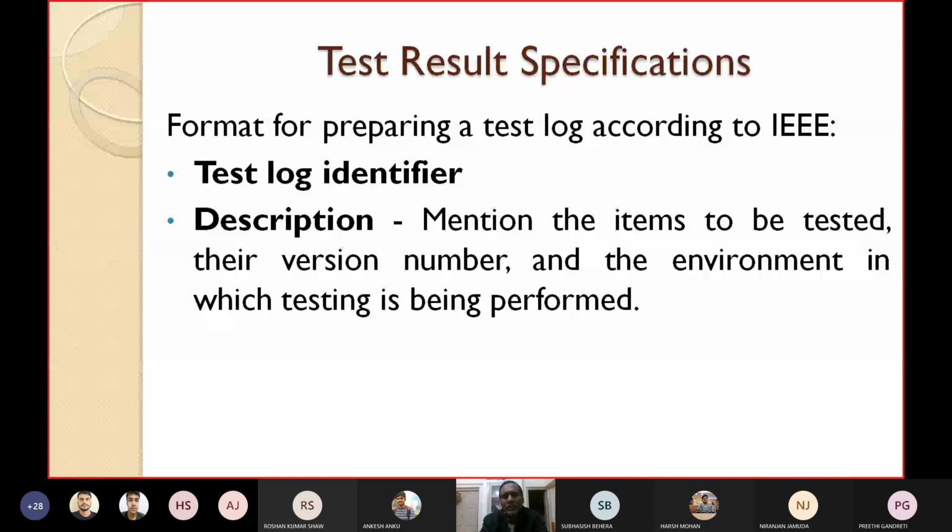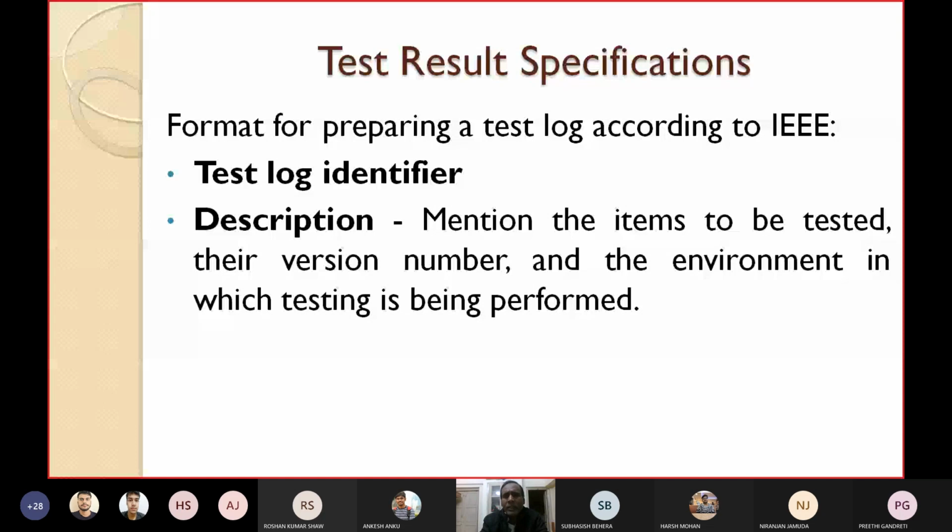Then as the requirement changes, you change the SRS document, so the next version is 1.2, next 1.3, then 2.0, like this. So exactly which version are you going to consider? Mention the items to be tested, their version number, and the environment in which testing is performed. If it is just software, it may not be required, but when it requires special hardware like mobile devices or blast furnaces, etc., you also have to mention the environment in which testing will be performed.